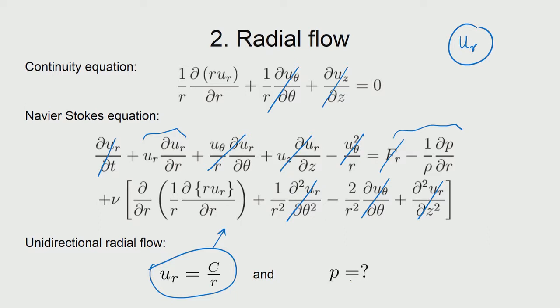So, I would leave that as a homework for you, but it just shows you that when you actually plug in the functional forms for the unidirectional velocities that you can conclude from the continuity equation, then you may actually have pressure variations also to be taken into account as we go along.